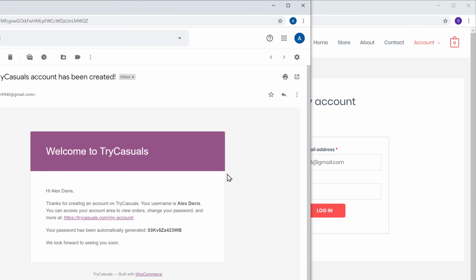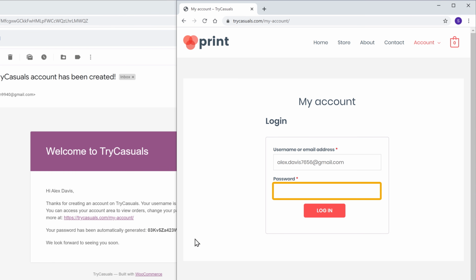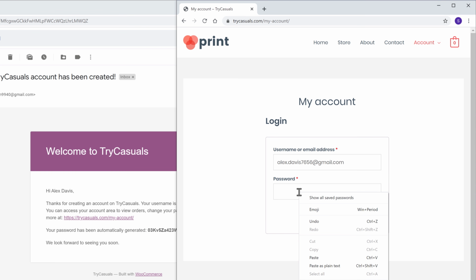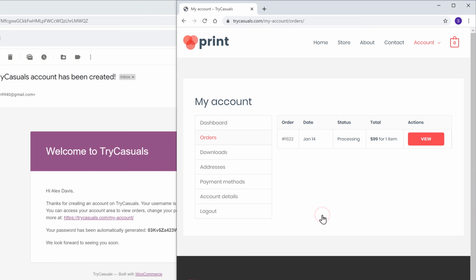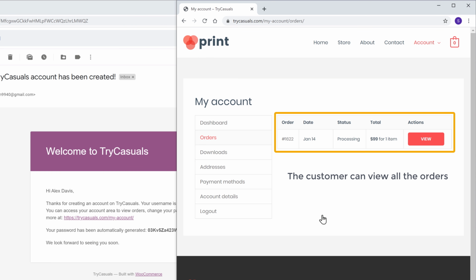So let's go back to our inbox, then copy this password, paste it here, and now if they click login, you can see that the customer can view all the orders they've placed on your site.